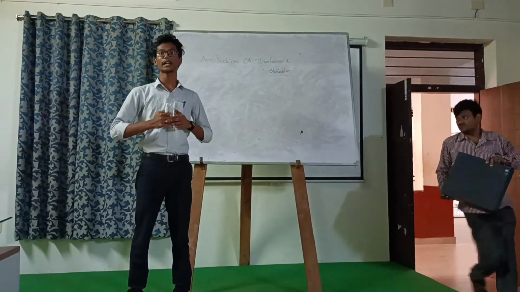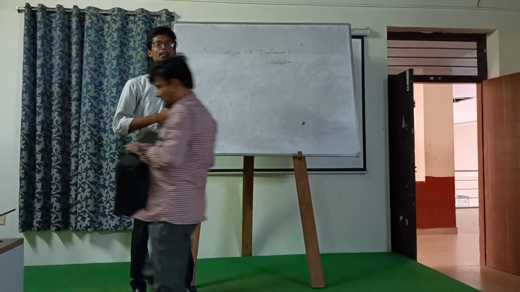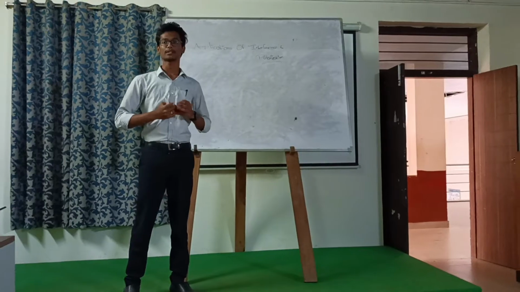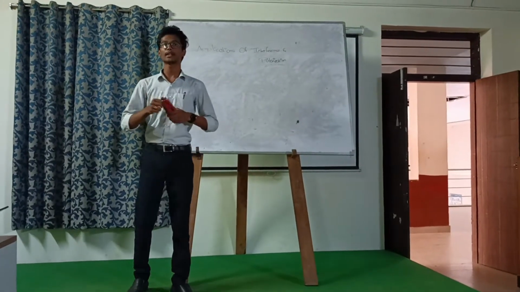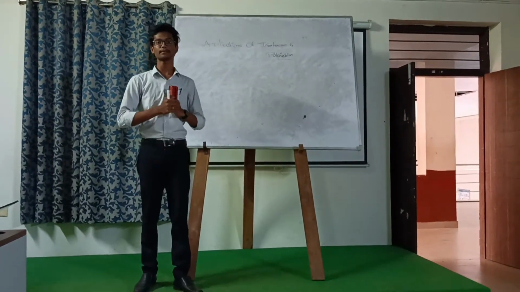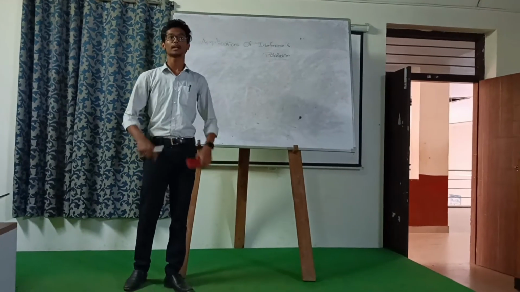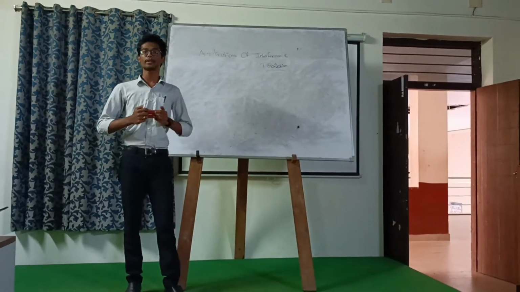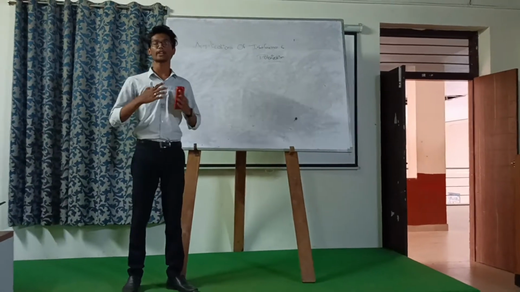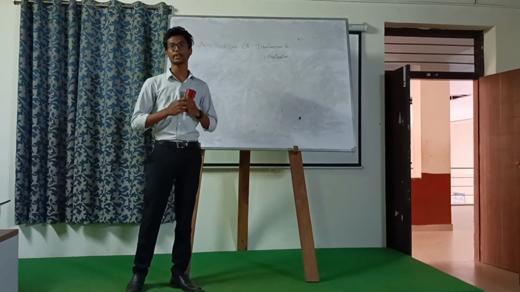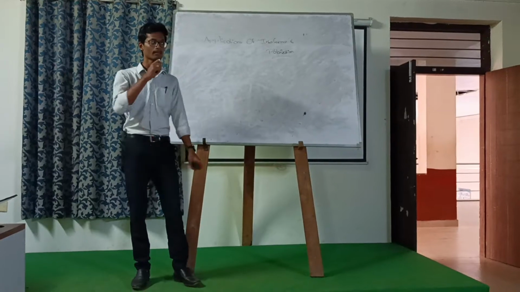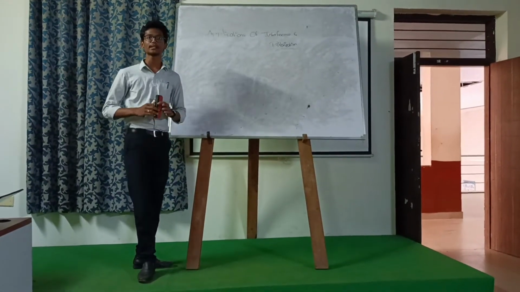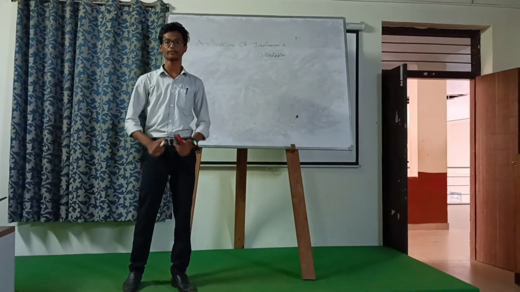First of all, I want to tell about the applications of interference, and there are lots of applications of interference. For example, with the help of interference we can find the refractive index of any liquid or gas. And with the help of interference we can find the wavelength of any light to 8 significant figures. Another application is to find the flatness of a surface.